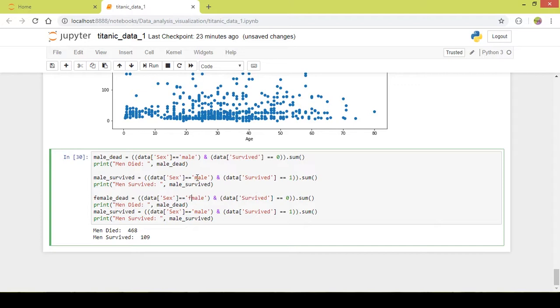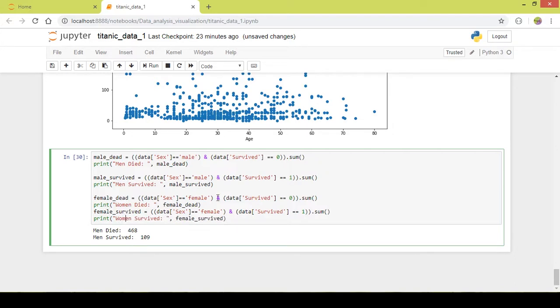The sex will be female, and the lady should be dead here. So that is the reason there's a 0 here. And instead of men here, I'll write women here, and instead of male it will be female, and instead of male here, I change it to female. This one will remain as it is, and instead of male, I change it to female, and here women